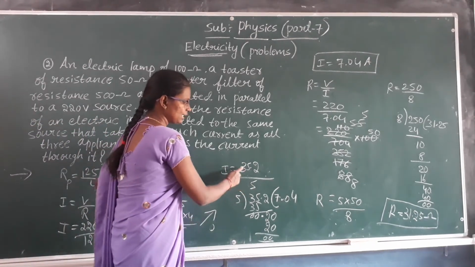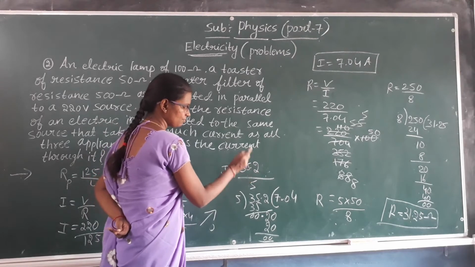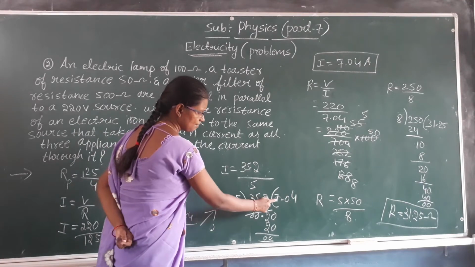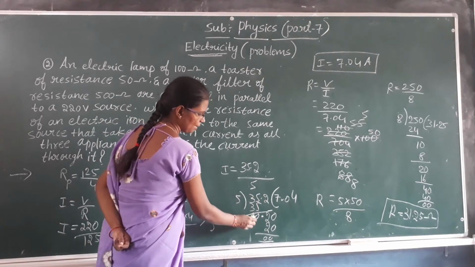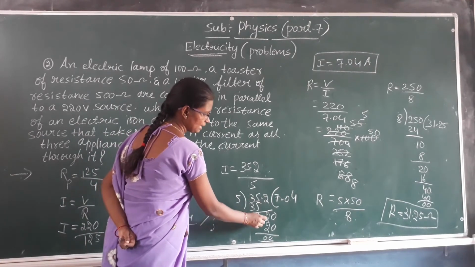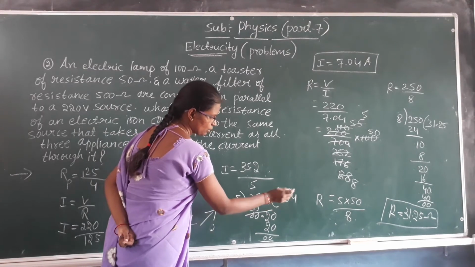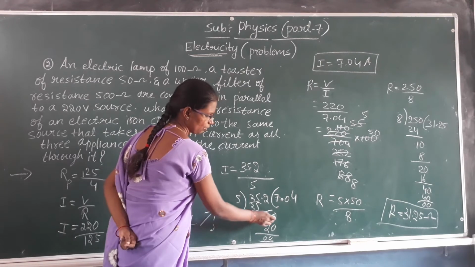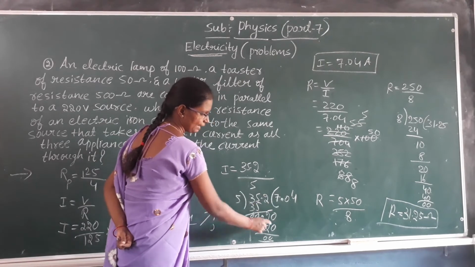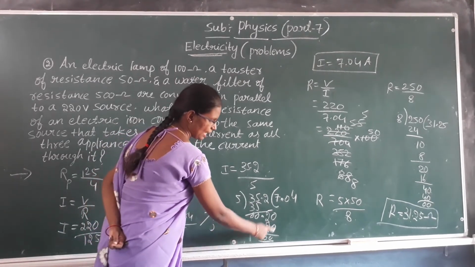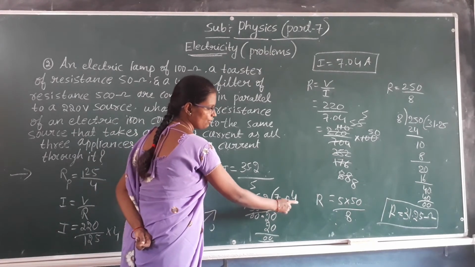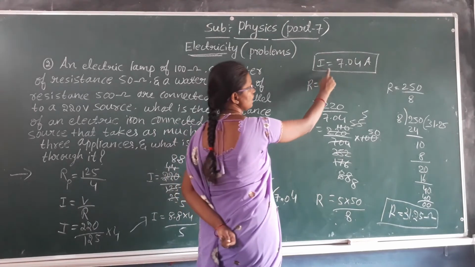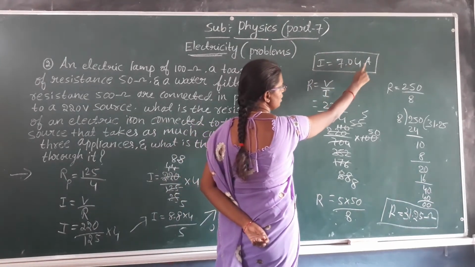So you have to divide 35.2 by 5. 5 7s are 35. So the remainder is 0 and the decimal point as it is. That decimal point also you have to put here. 2 is not going, I will put a 0, then it will become 20. 5 4s are 20. So what is the remainder? 0. And the answer you are getting is 7.04. So this is the value of the electric current. So I is equal to 7.04 ampere.